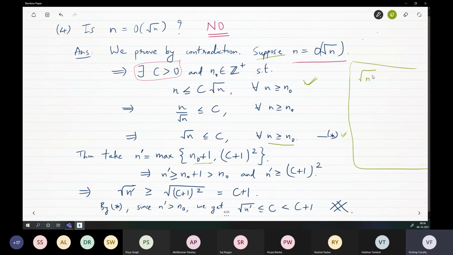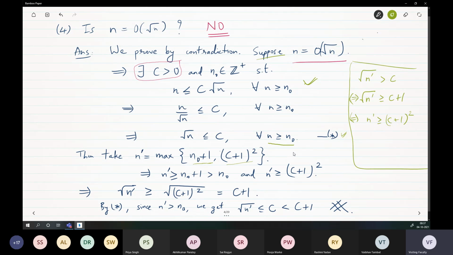Square root of n prime should be greater than c. That is, square root of n prime greater than or equal to c plus 1. That is, if and only if, squaring both sides, n prime greater than or equal to c plus 1 squared, right? So n prime should also be greater than c plus 1 squared. So that's it. Take both of these, take their maximum so that both are true,